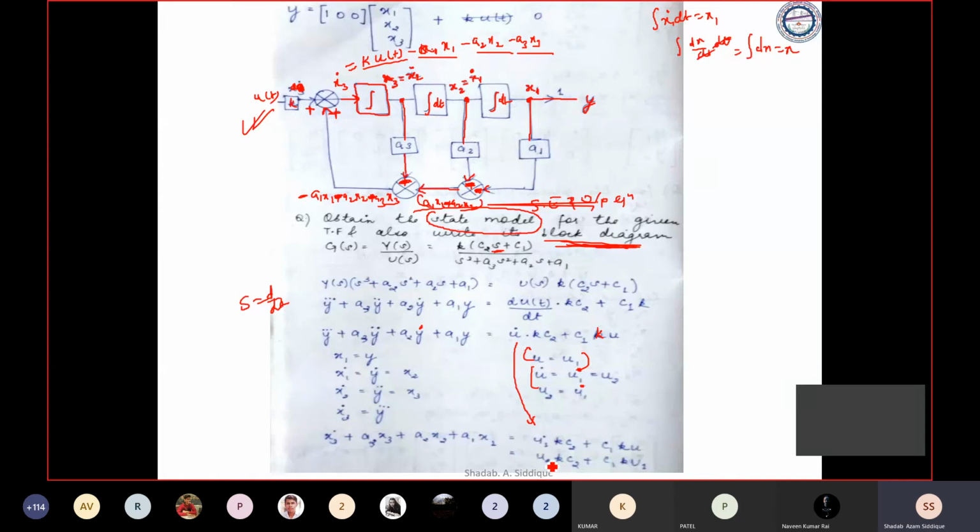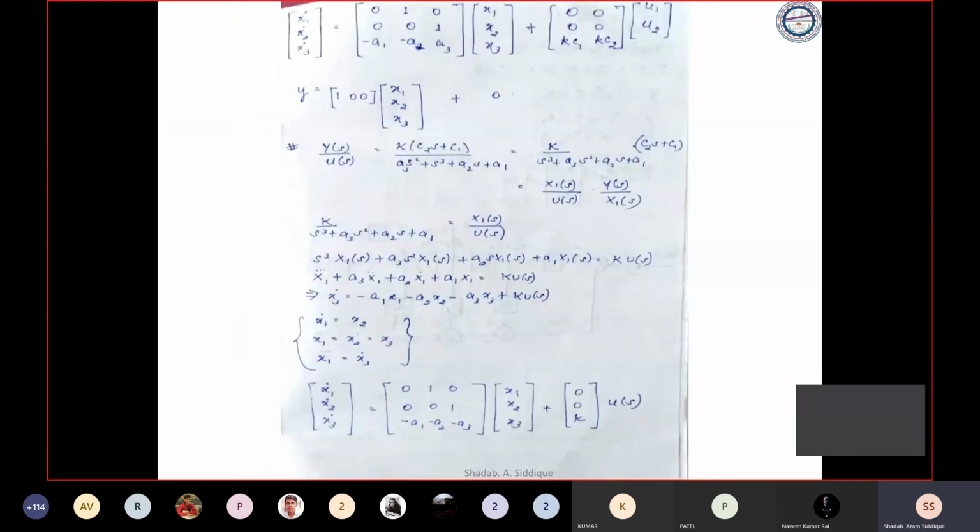Okay. So this is simply represented as u2, and this is simply represented as u1. And we'll have two inputs, which we represent as u1 and u2. So you can see we have two inputs given here, u1 and u2. That is the thing which is represented here, and y is equal to something which is represented here. So that is the equation. You can go through this.